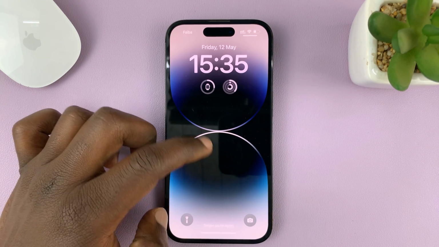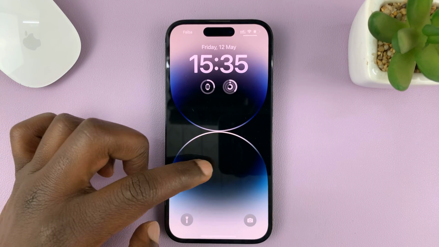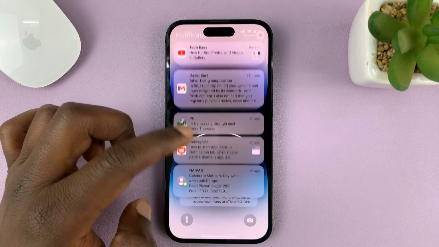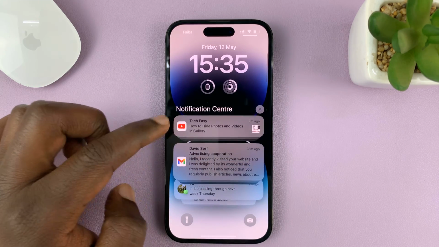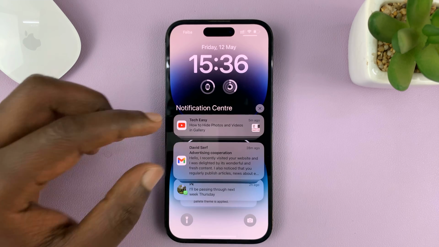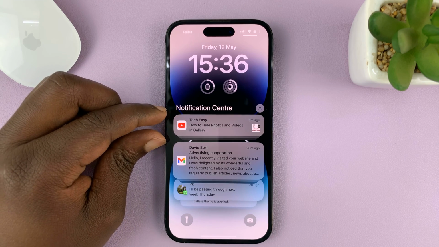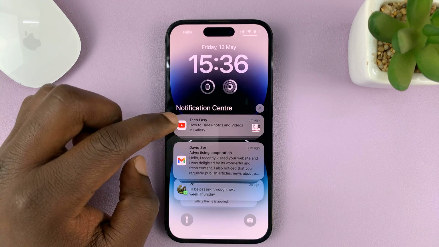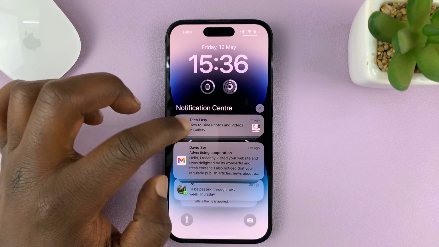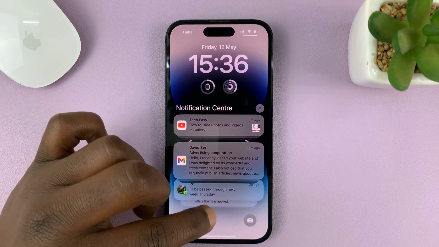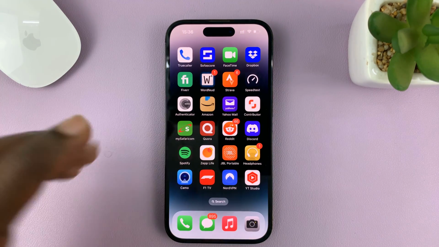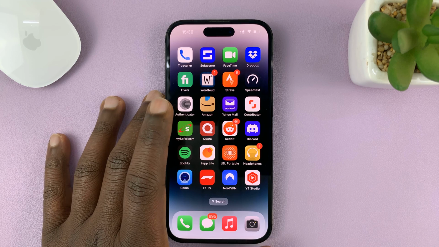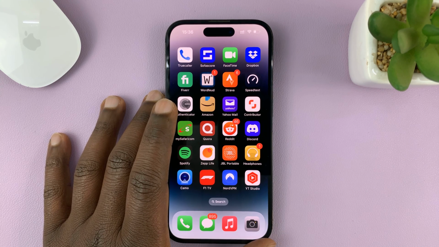So I'll be showing you how to hide notifications from specific apps from the notification center. So let's say you have an app like YouTube that brings notifications to the notification center. I'll be showing you how to stop the YouTube app from showing notifications in that notification center. Now for this tutorial, I'm using the iPhone 14 Pro, but this should work for other